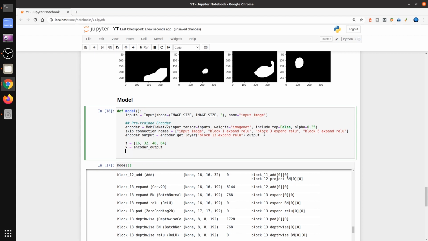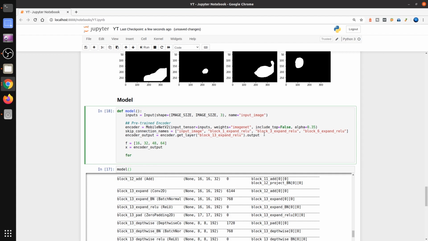Okay, now we'll write a loop for i in range, because we have 4 skip connections and we write 4 blocks, so a value of 4. So 1 to len of f, the number of feature channels, plus 1. So we want to start the value of i with 1,